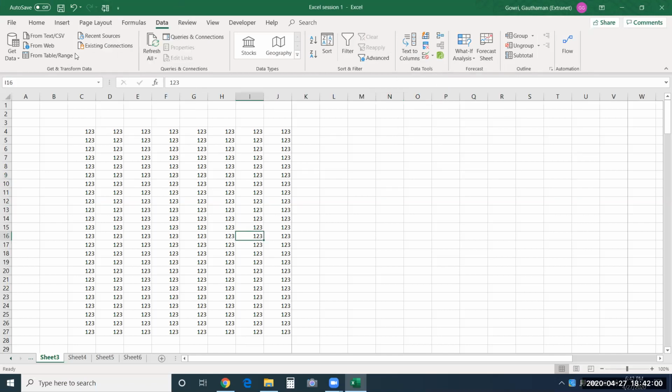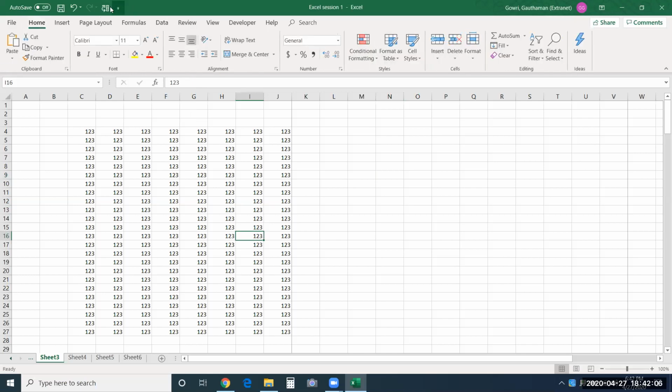Now you don't have to go to the data tab and select this. Now let's say you are using the home tab, still you get this option here and you can quickly use it. So that's the advantage of this quick access toolbar. And it also lets you add an entire group to that. Let me show you. You have to right click on the group, say add to quick access toolbar. So now when you click on it, you get to see the entire group here. And let's say you don't wish to see these commands anymore, you don't use them, right click and say remove, they'll be removed.